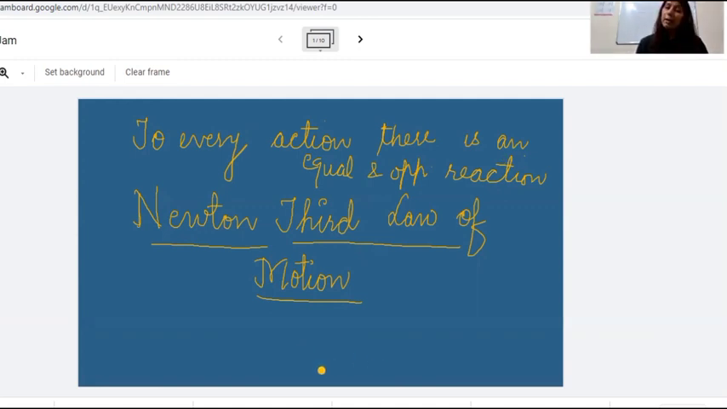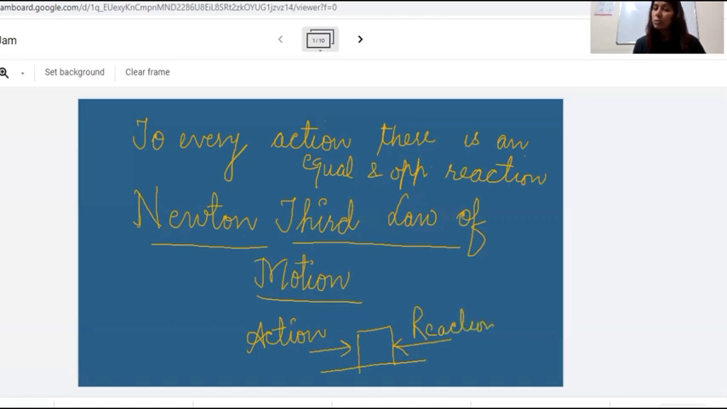For example, suppose we have a box and we apply force on this box. We did our action on this box. When we did our action on this box, suppose this box is not moving. It means this box is giving the reaction to us,